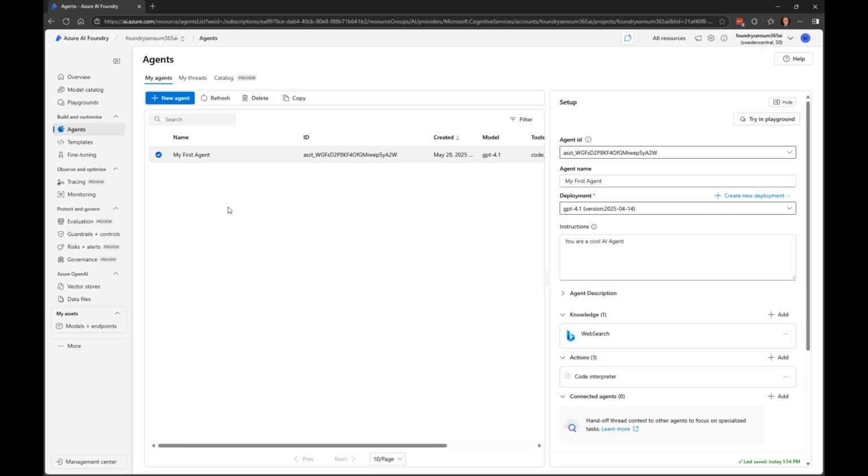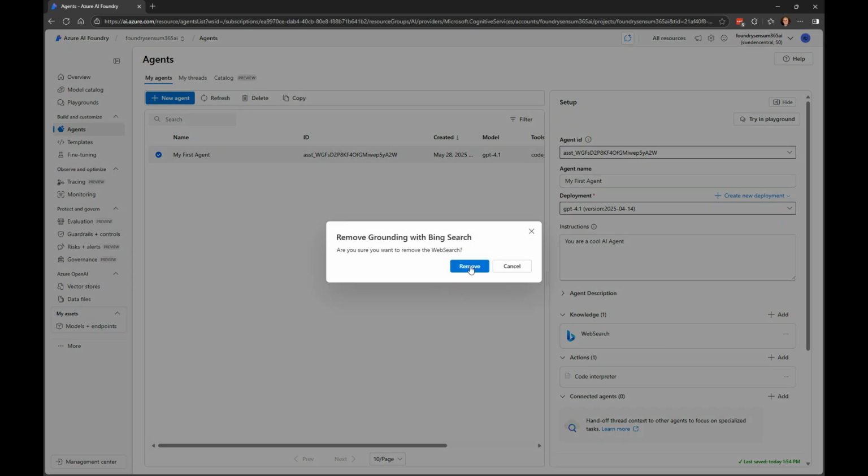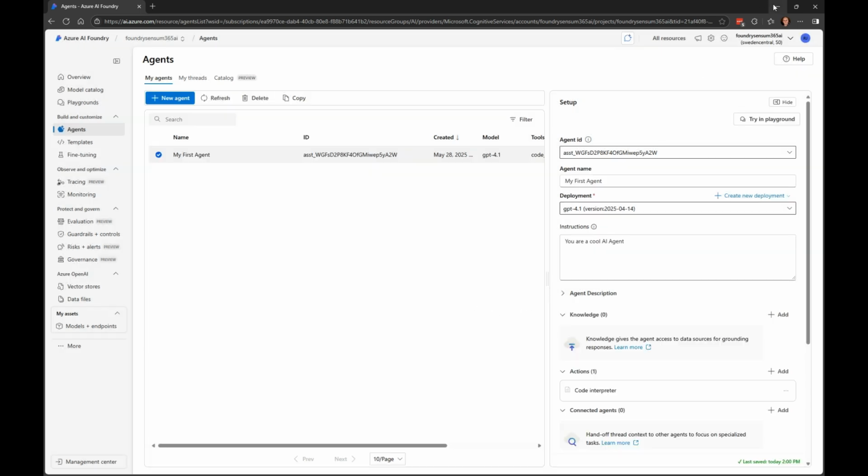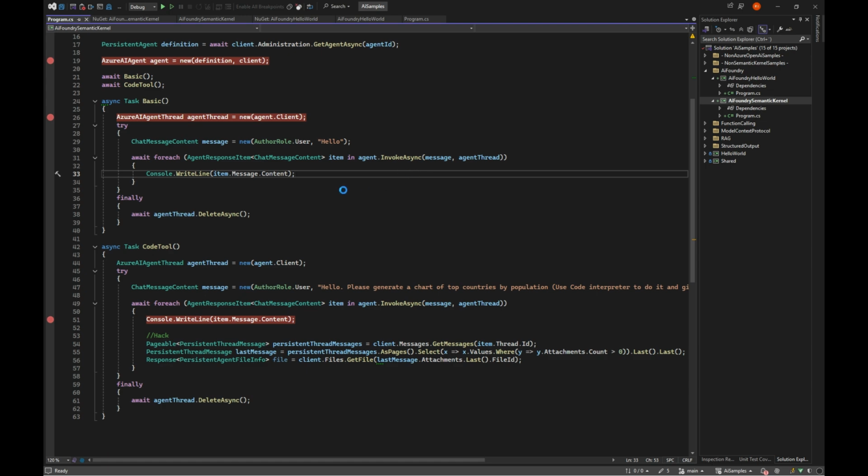So in order for this to work, I need to uncouple the Bing web search. Semantic Kernel will probably at some point fix this, of course, but right now that will not work. So if you have already put that in your own system, you need to remove it. Hopefully at some point they will, of course, because it's just a tool like any other. But if I do this and run it again,